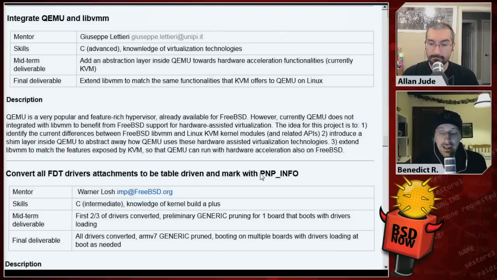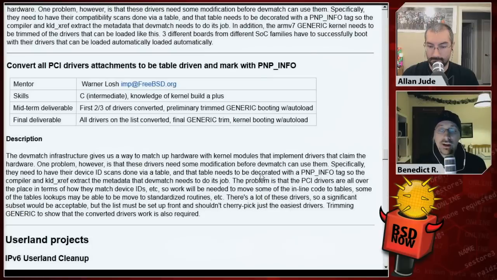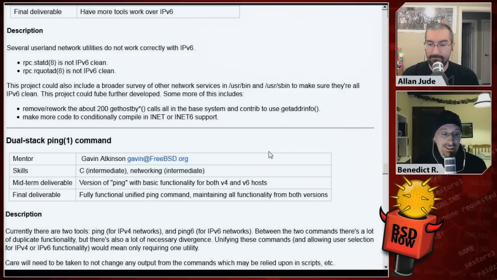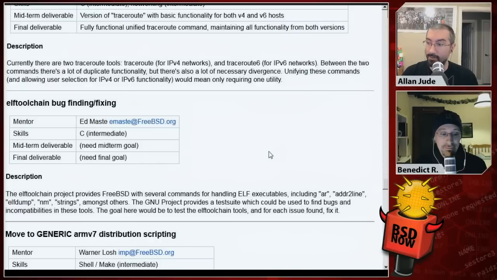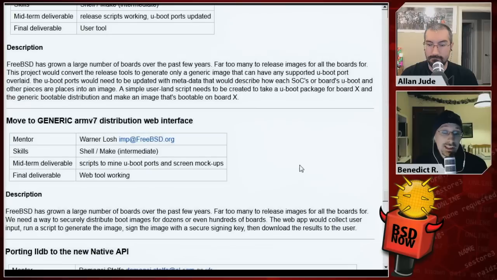Mm-hmm. And I like that many of the former Google Summer of Code people from years ago have become project members in the meantime and committers, and are now themselves mentoring other people because they know the process, and that's a nice continuation of the work. Yes, it's very interesting to see how many FreeBSD people originally got into FreeBSD via Google Summer of Code, and to see them getting back into Summer of Code from the mentor side to continue that process. Yeah, you don't have to just limit yourself to the summer project. If you like the project and the technical challenges there, then by all means, this could be continued afterwards.